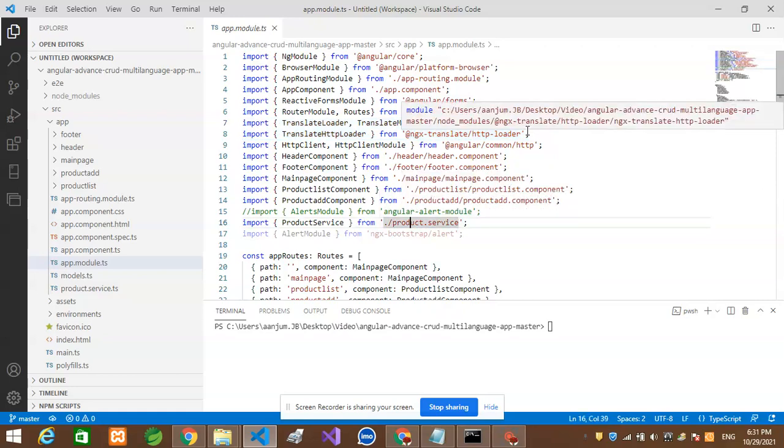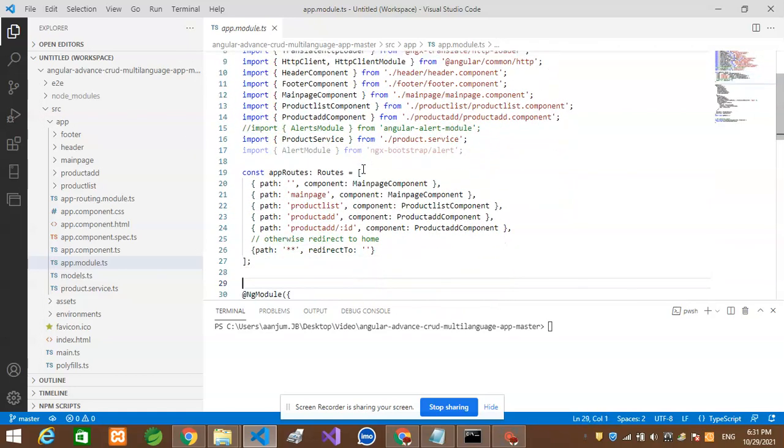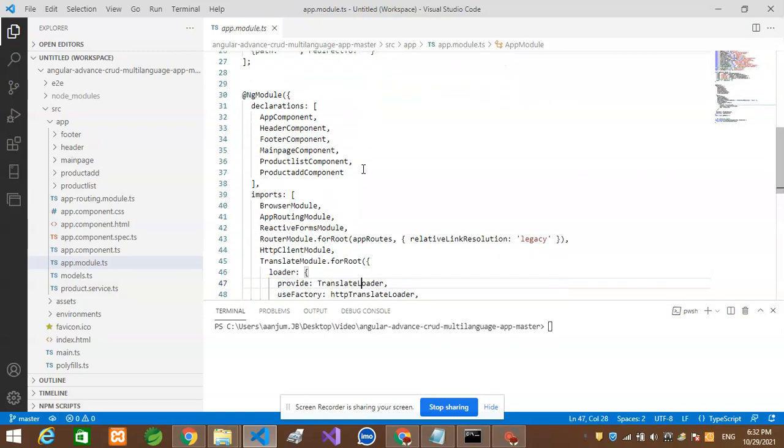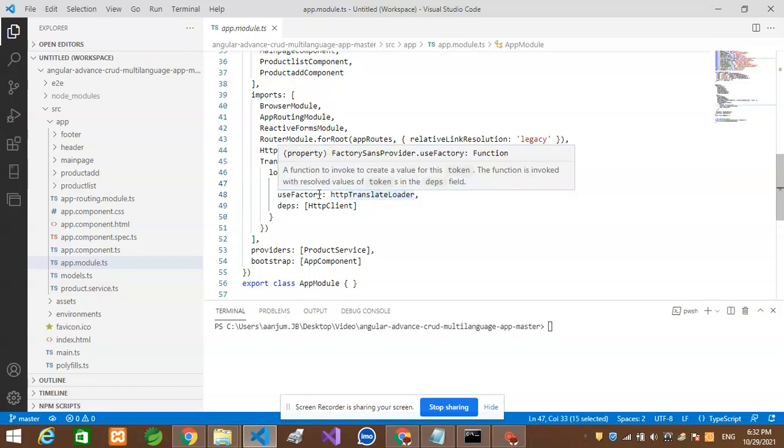These two lines we need to add. Next is under imports modules. We need to add this useFactory, HttpTranslateLoader, and TranslateLoader. These two things we add here.